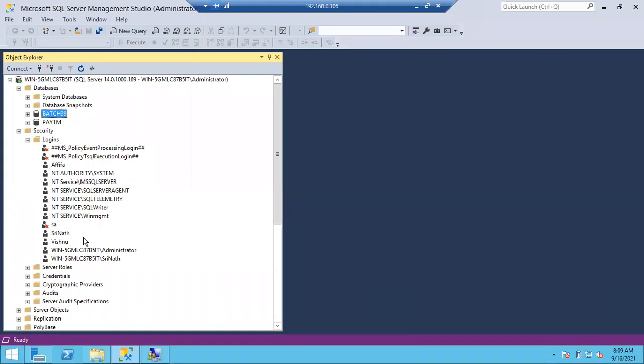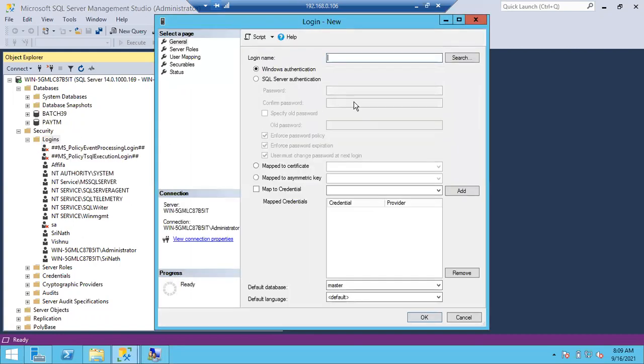The Windows team will create a group for all the 30 members. They will add all members to that particular group. Then we simply create a group login. See, there is no separate concept here. You can see only two logins, right? Windows login, SQL login. So if it is a group login, it should be a Windows login only. There is no concept of a SQL group login.